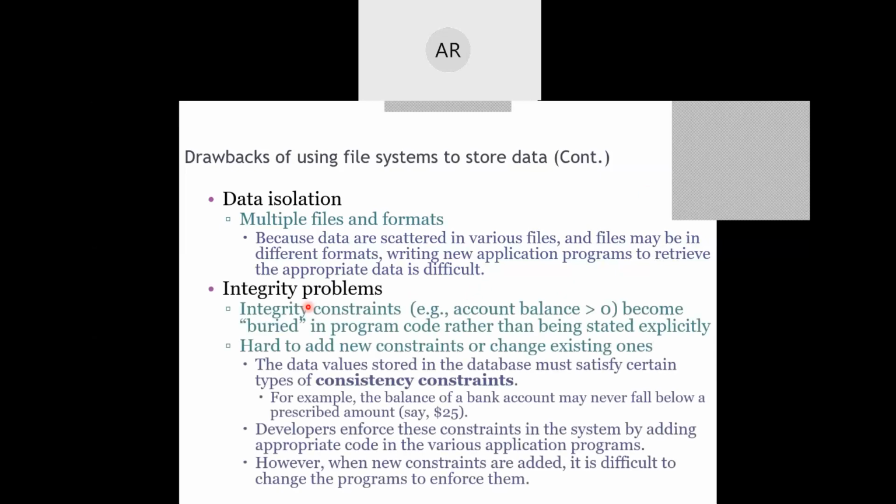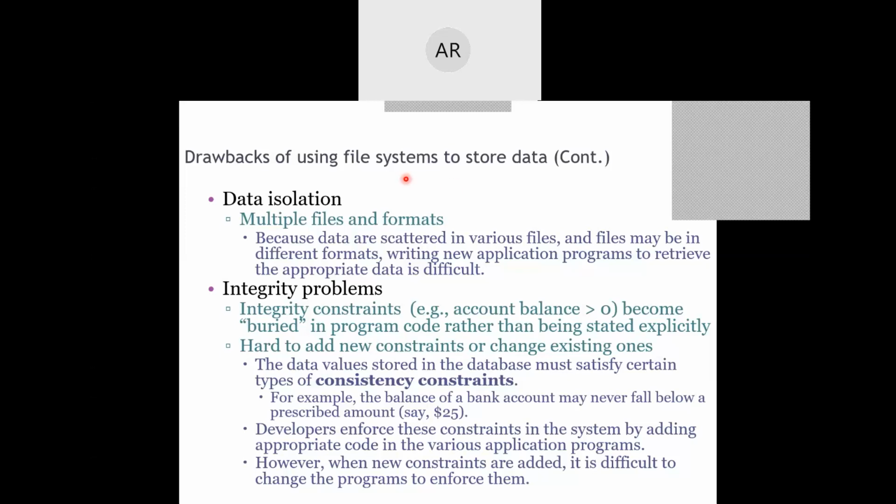Since there are multiple files, the data that we are preparing will be scattered. In a database management system, the data is used at different locations, one in the USA, one in India, but at the same time we'll be using one single repository of data. Whether the USA person inserts the data or I enter it from India, both will be entering the data in one single repository only. So the data will not be scattered in a database management system.